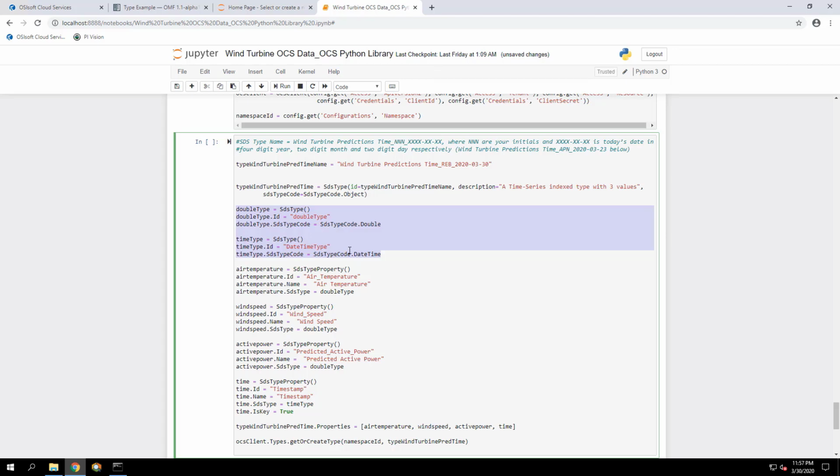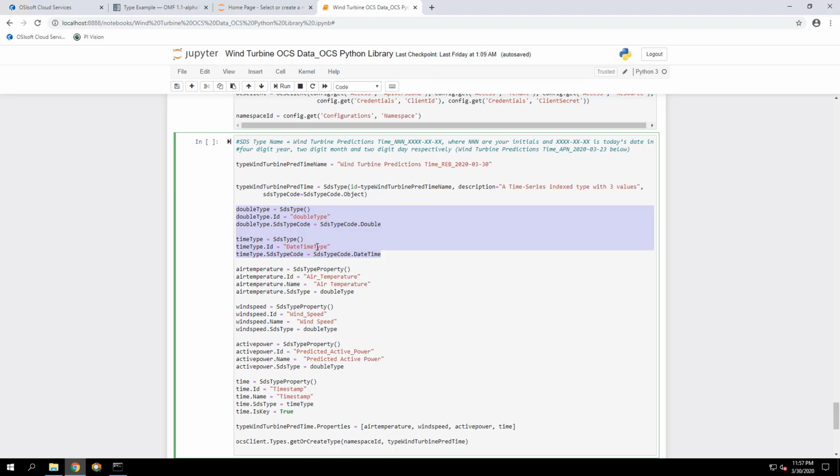So we're going to basically use 2 atomic types. One is date time, and the other is double in this case. So that's why here we're specifying those 2 atomic types. One uses the double type, and the other uses the date time.